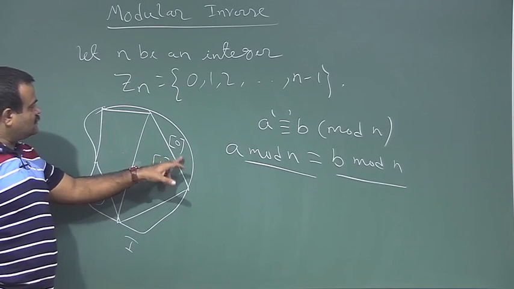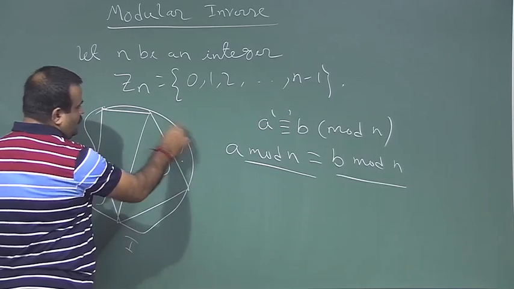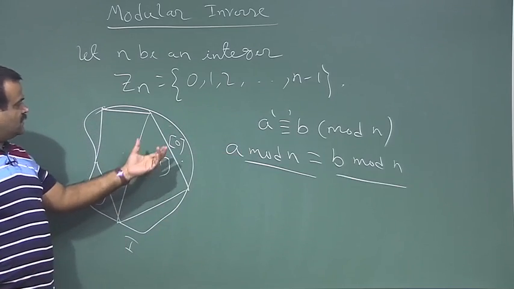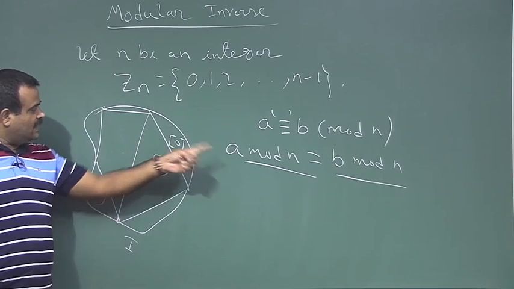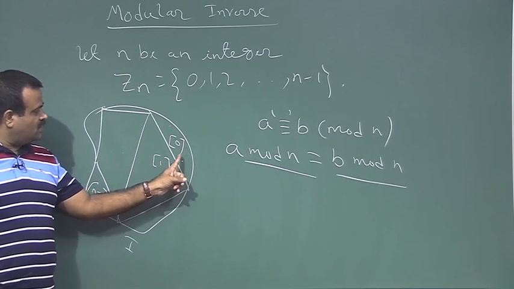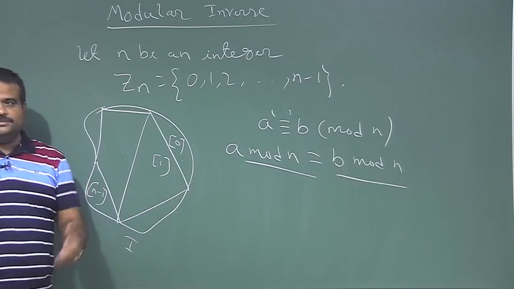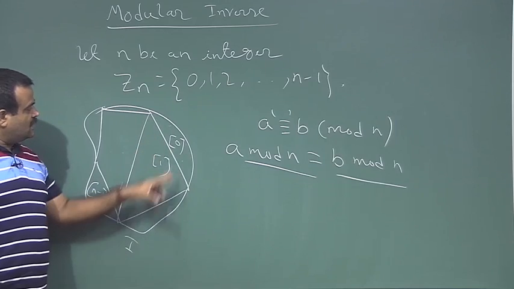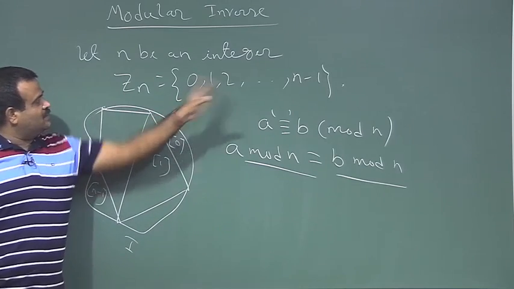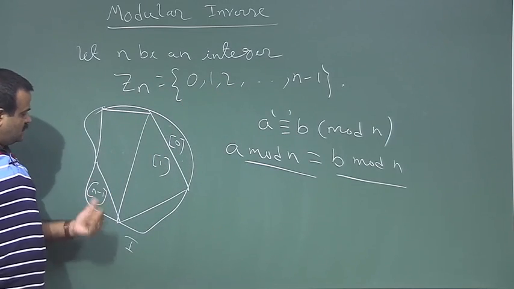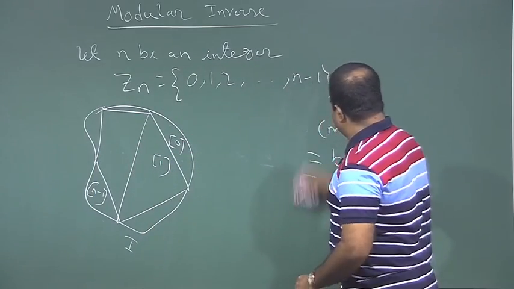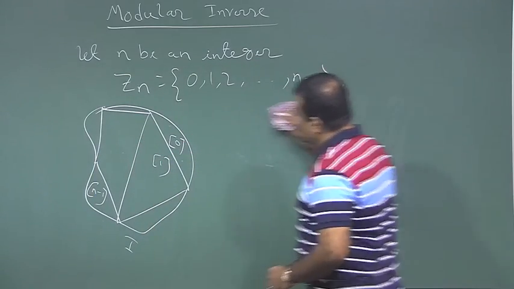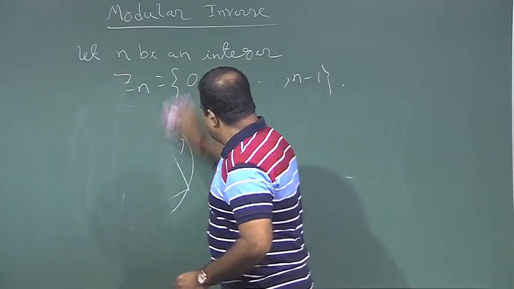In each class all the elements are the same under the mod operation. That means if we take an element from here and divide by n, the remainder is the same as for any other element of the class. For simplicity we write these classes as 0 to n minus 1. Then we have seen the operation on this: if we take two elements from Zn,